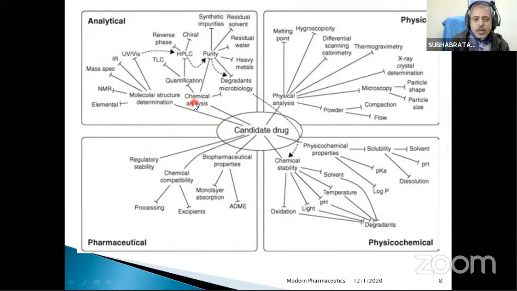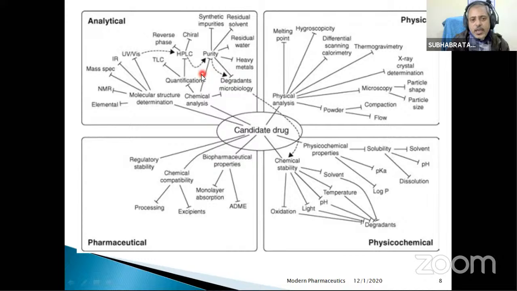If it is an existing molecule, this qualitative analysis may be a quick means of identifying as well as finding out the purity of the compound, and quantification is of course ultimately done to declare the purity, how much percentage